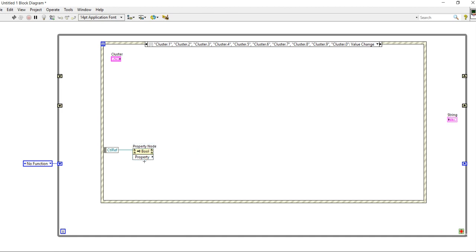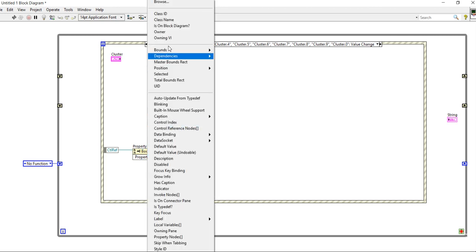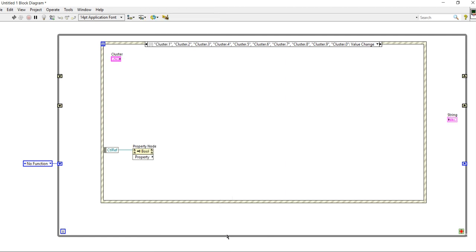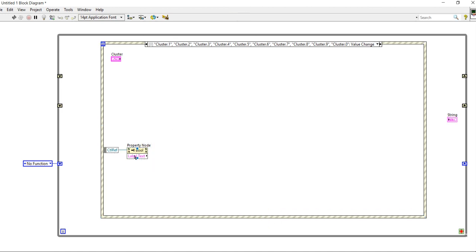First open the label, click here, you will get properties. So come down, you will find this label, and inside the label you will get this text, the label text. Okay, so now the label text is present here. Take this label text. After that, this one is done.